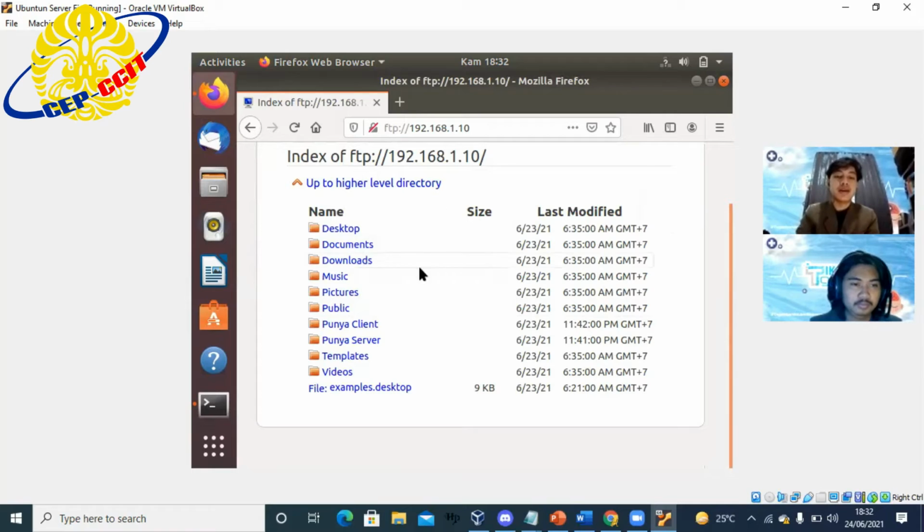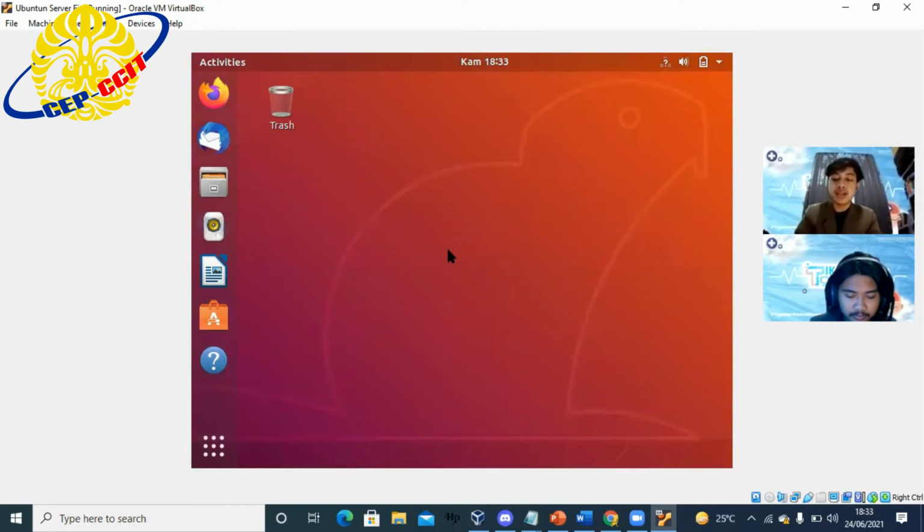This is the display if you successfully set the IP and turned on the connection, and then you can try to ping the IP address in Mozilla. For your information, all the steps from the beginning to testing the ping are the same on the server and client, except the IP address. You have to create a different IP address on the server and the client. The file sharing test will be presented by my friend Nafi.